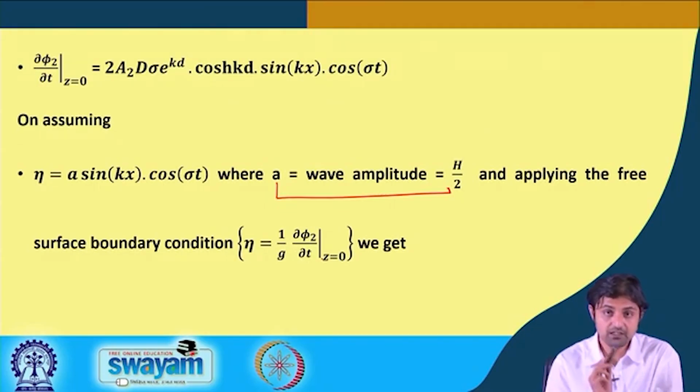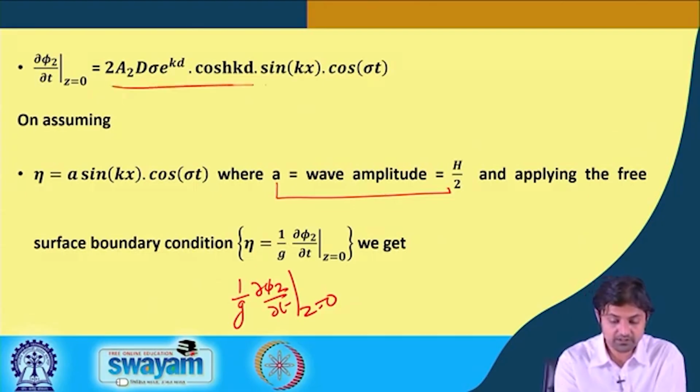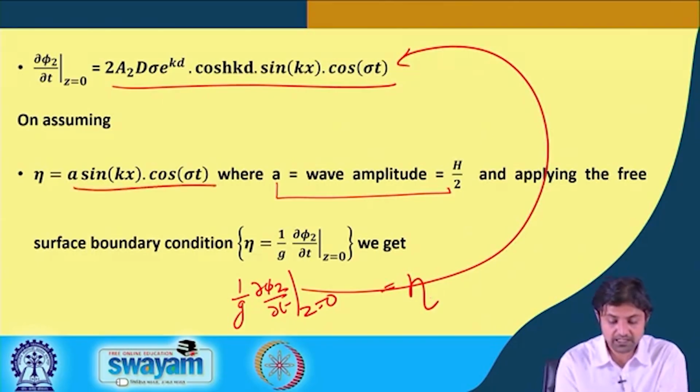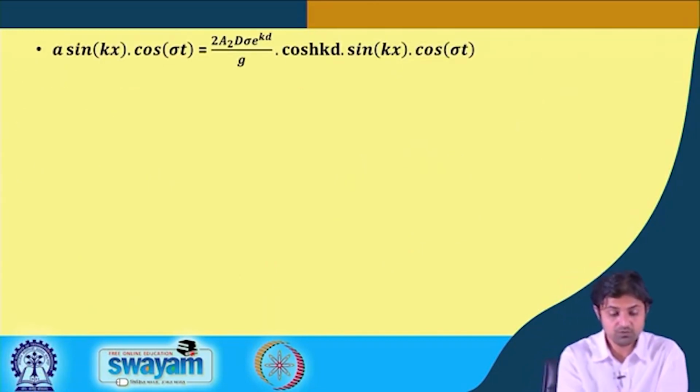So, first we have applied the bottom boundary condition. In the second step, we want to apply the dynamic free surface boundary condition. For applying it, we need to calculate this term, 1 by g del phi del t at z equal to 0, and this is what we get, this term, and this we equate to eta. Eta is the free surface, which is equal to a sin kx into cos sigma t. So, simply what we do, eta is equal to,